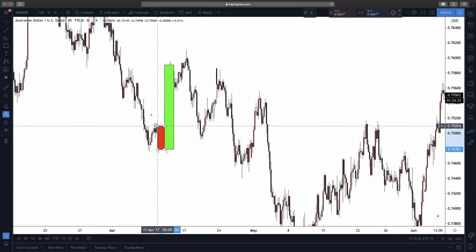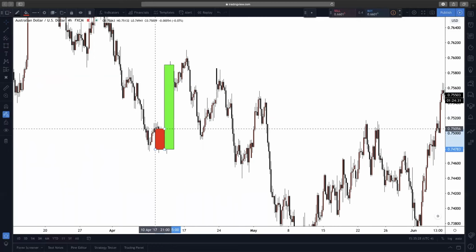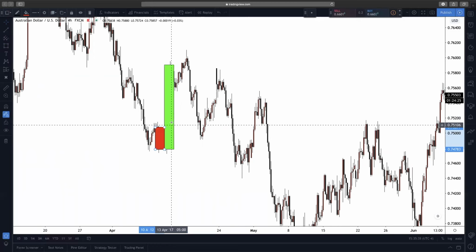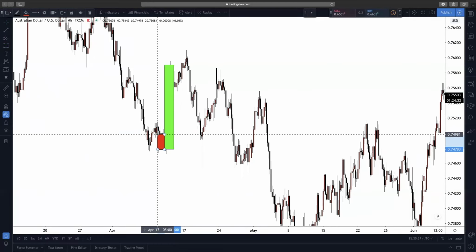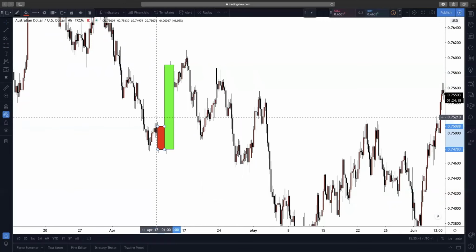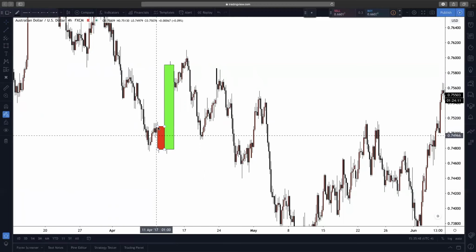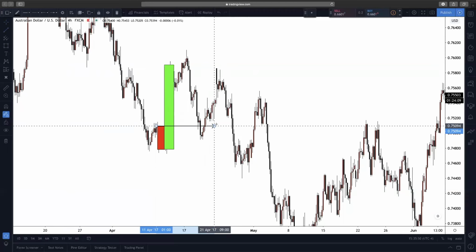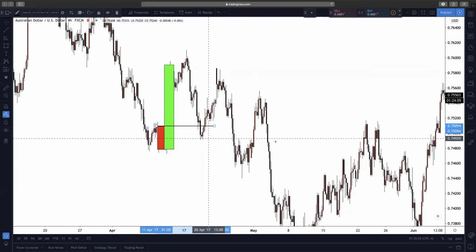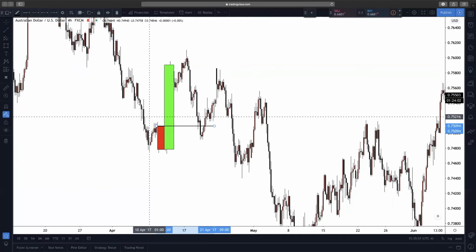You guys are asking, why did I not start all the way up here? The reason why is because I'm trying to look for the most recent relevant information in regards to this demand that entered. So the most recent would be just the push down that happened right to the left of it, okay? So we have this strong demand here, and as you can see, to the right of it, price comes in, and we have entry, okay? So this right here,